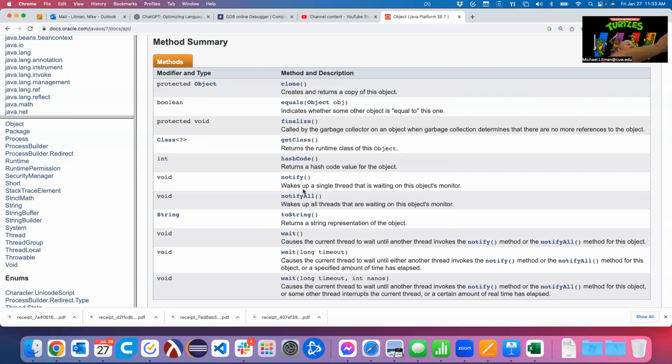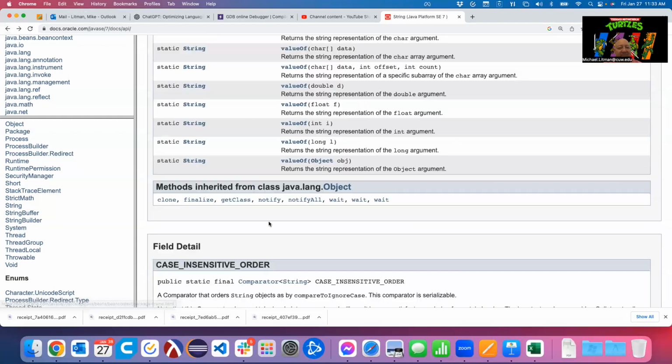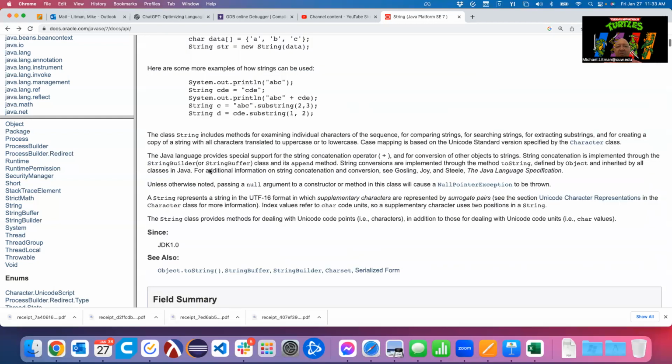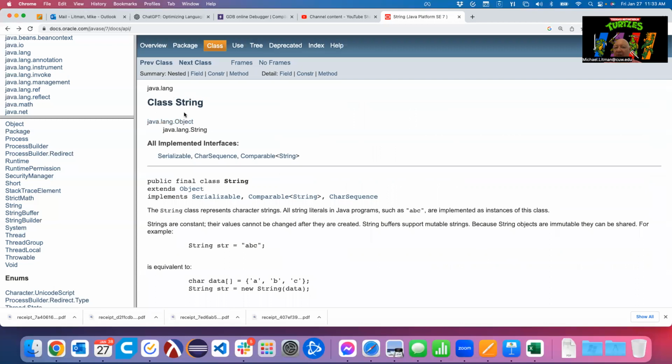And then it might have, through inheritance, other abilities that have been slotted in there. Now, a string is only one level removed from the core. So if I go back here, I think it even shows at the very top. Here's our class string. A string only comes from object.